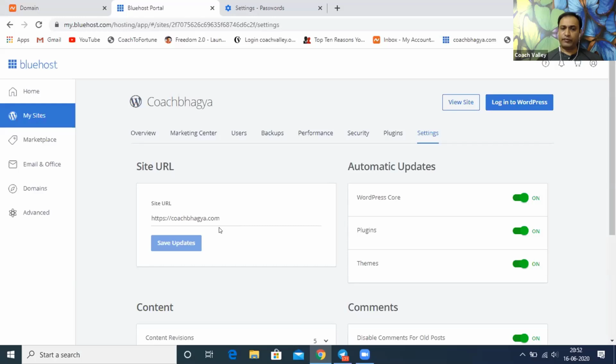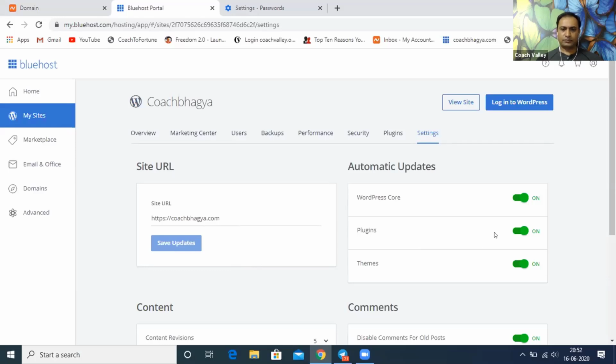If you have anything like that, you change it to this format, your website format, like HTTP. I think SSL is already applied. I'm not sure. I need to check that one. So you put HTTPS and coachbhagya.com, or you can put whatever your domain is .com. And click on save updates. So this is already done here, so we don't need to do anything.